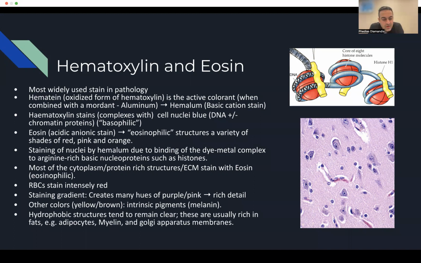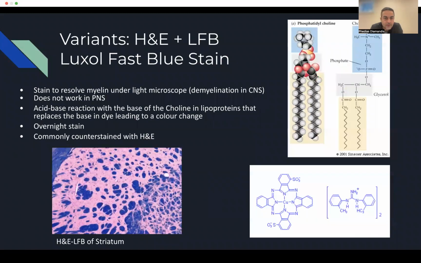Does this stain everything? No. Hydrophobic structures remain clear. Adipose tissue, fats, and in the CNS, the important one is myelin. And so we can do modifications to bring some of those out. The really nice one that we use in the central nervous system is the H&E plus LFB, Luxol Fast Blue, that allows us to stain and resolve myelin under the microscope with this blue color. So LFB blue,